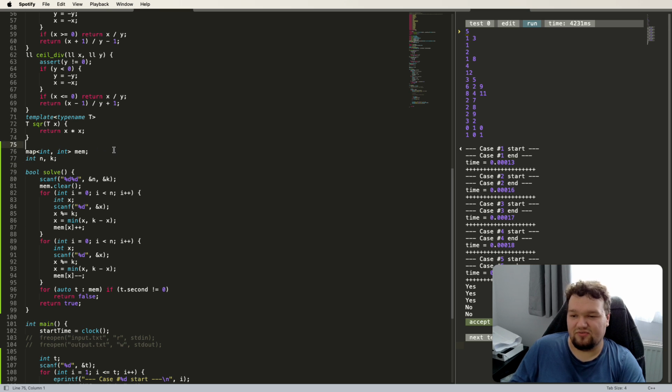So for simple cases, if the time is not an issue, I prefer a solution that is slower, but I can be sure that it's that slow but not worse in any situation. If you just write unordered map, be prepared to get a time limit exceeded. Because there are bad tests, and in this particular problem it is very easy to construct a bad test because the numbers are just given in input.